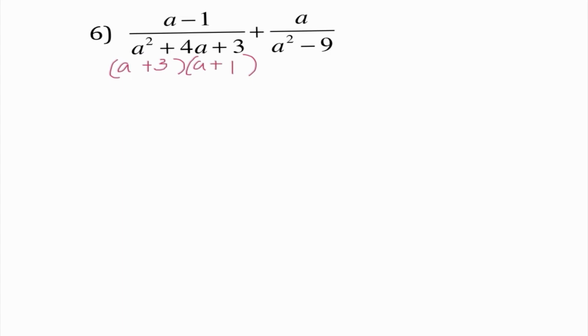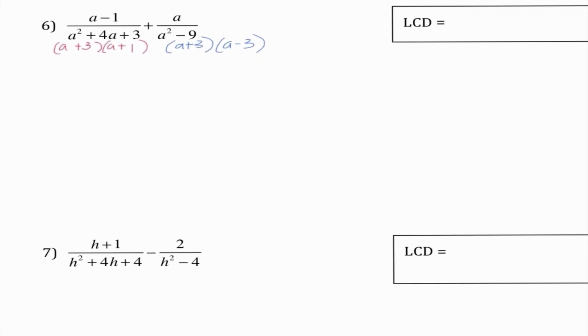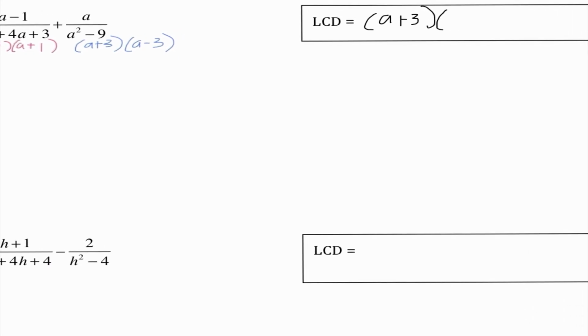A squared minus 9 is a plus 3 times a minus 3. So if we take a look here, our LCD is going to be a plus 3. I said x, but I don't mean x. It's going to be a plus 3 times a plus 1